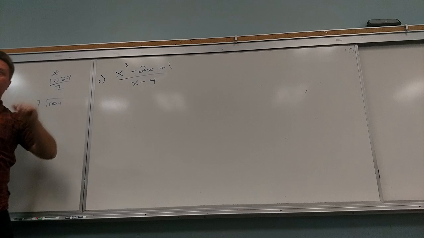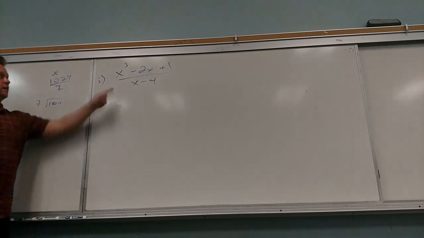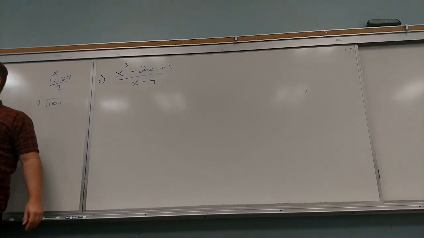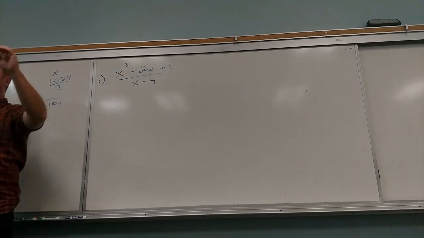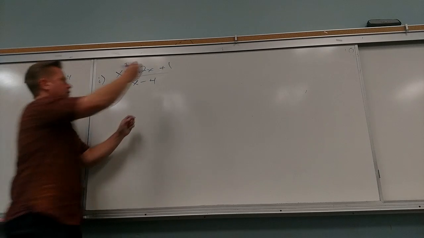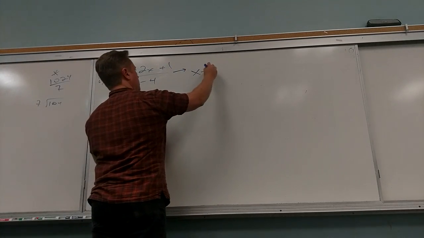What now? A 1? No? Do I have some x cubes? Oh, yes. Do I have any x squares? No. So there really is a 0x squared there. So when I write this,